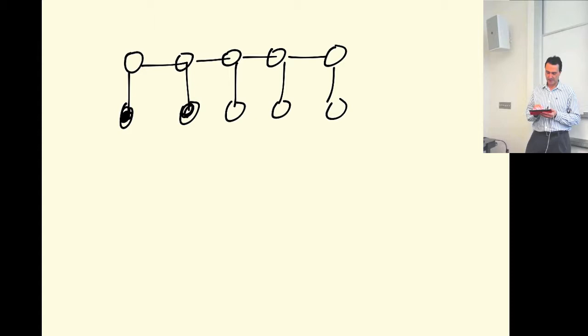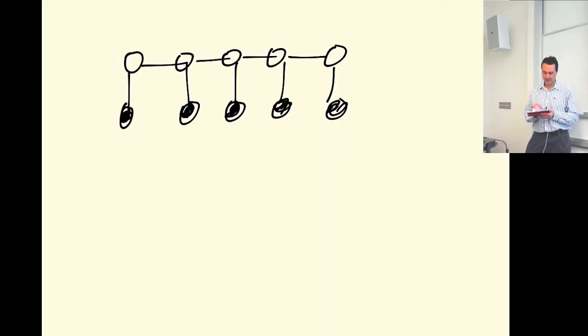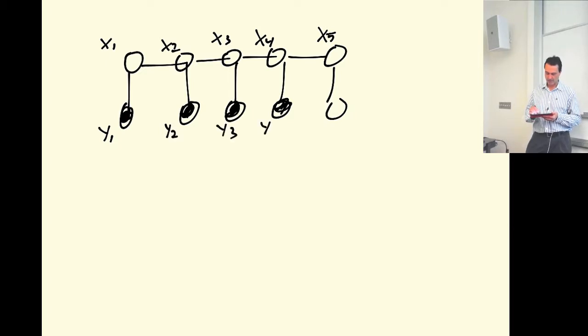So the idea is that in this particular case, we're using x as the variables we're interested in. So in the case of a hidden Markov model, let's just call this guy x1, x2, x3, x4, and x5. And this is y1, y2, y3, y4, and y5. And if it's a hidden Markov model, we're saying that the probability over x1 through 5 and y1 through 5 is proportional to